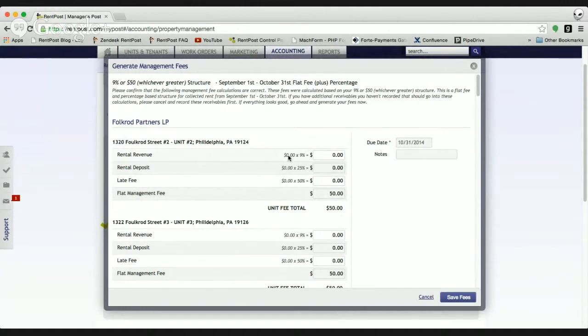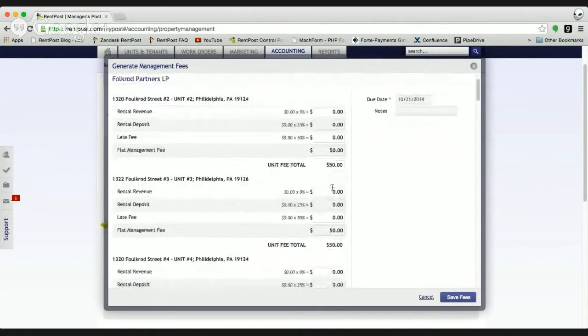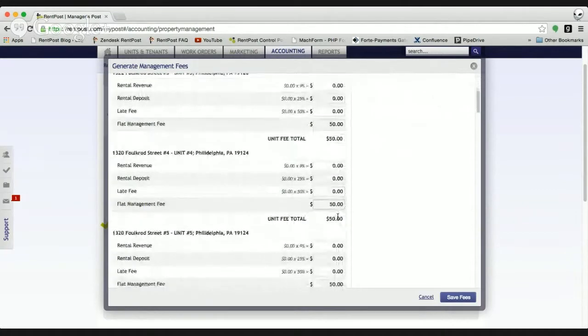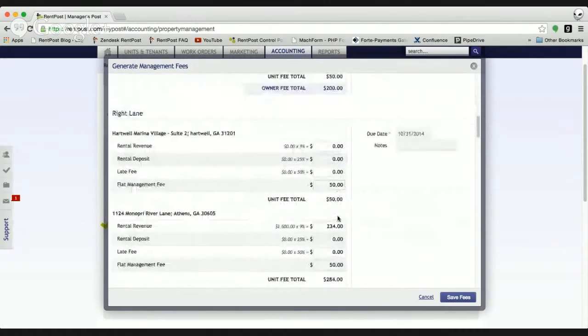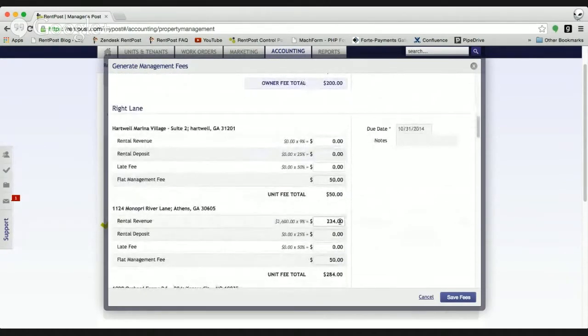It's going to run the calculation of the revenue that's received on a per revenue account level against the percentage that we had selected. And this particular one is adding the flat fee as well. In this particular one, we have $50. We don't have any revenue that has been received over this period, so these are, of course, all zero. As we scroll down, we'll see this one is collecting 50, this one's collecting 50, quite a few of these collecting 50. We don't have a lot of revenue in these accounts.